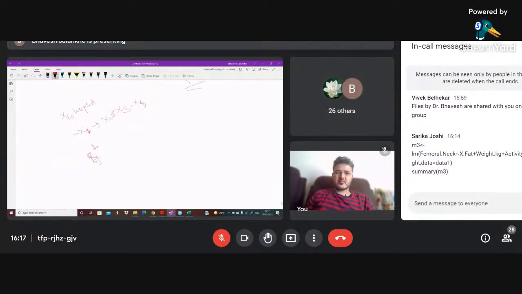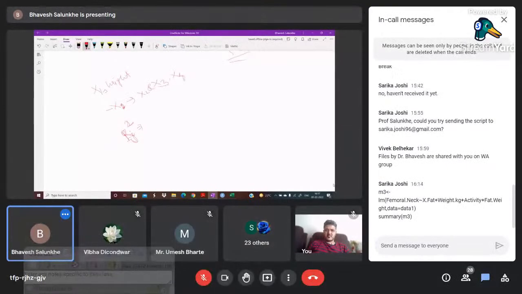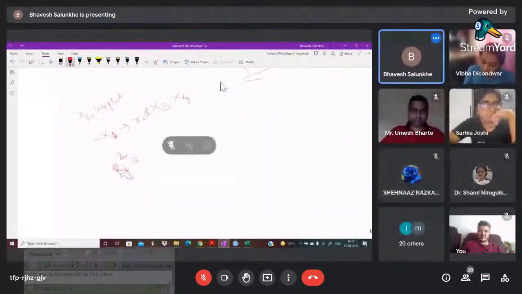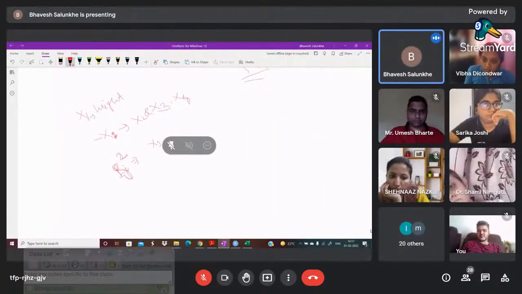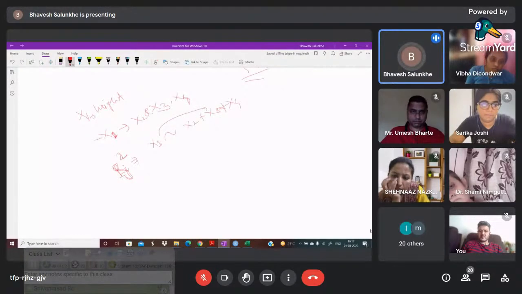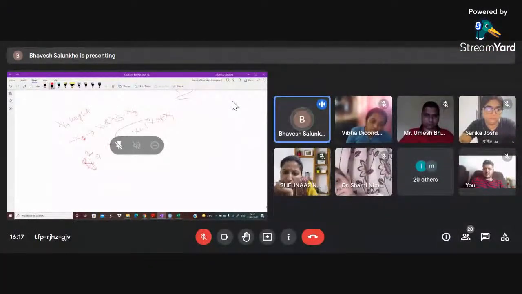R square j is the R square from the regression of x1 on x2 plus x3 plus x4. So you regress this on this, calculate R square, and that R square will actually appear in the variance of